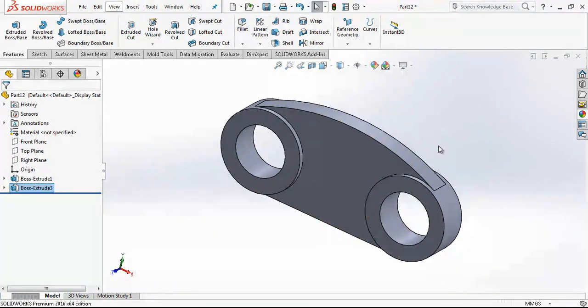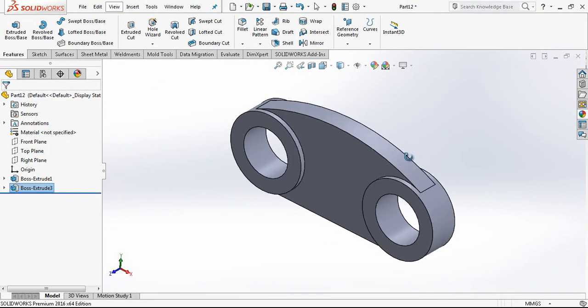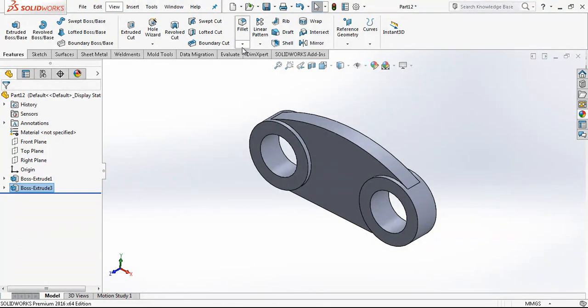SolidWorks has this kind of little tricks. As I told you, by the time you are using it, you are going to get these kinds of things. Keep practicing and keep watching videos. I'm going to